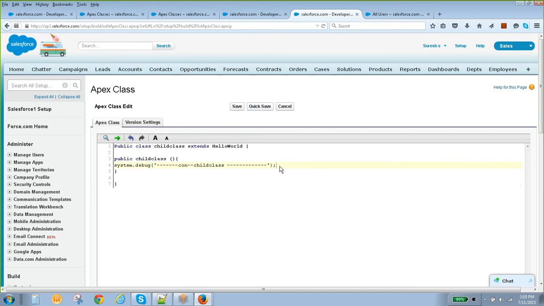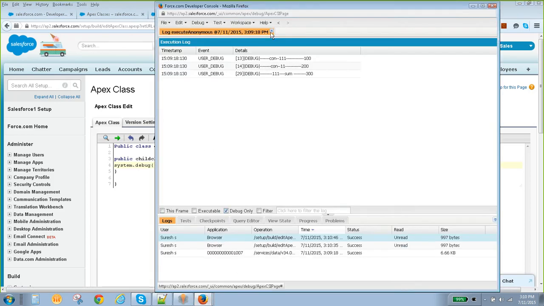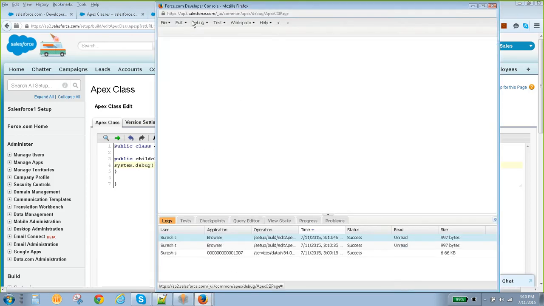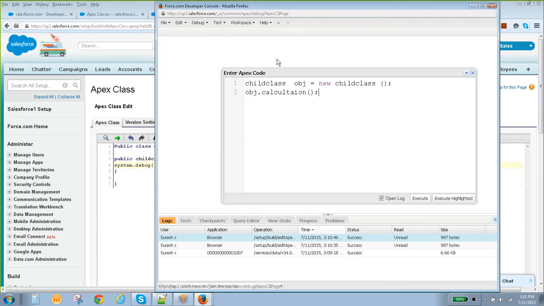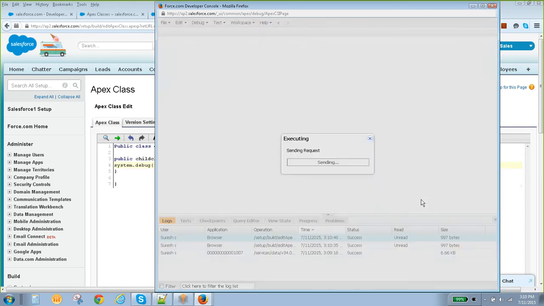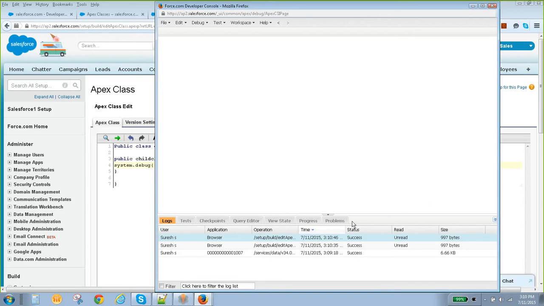Okay, so this is the child class, right? What will happen, I will show you. These are the basic parts of this. Now I will rerun it. It will call the child class constructor, then later it will call the parent class constructor. That one we will call the constructor child.